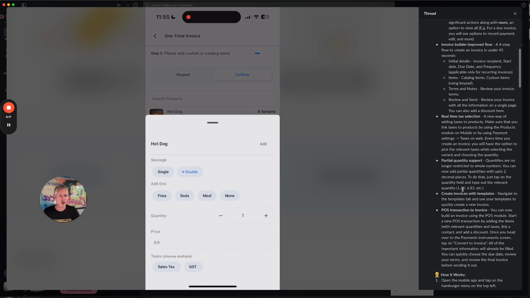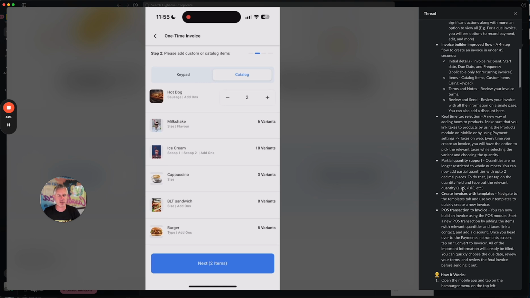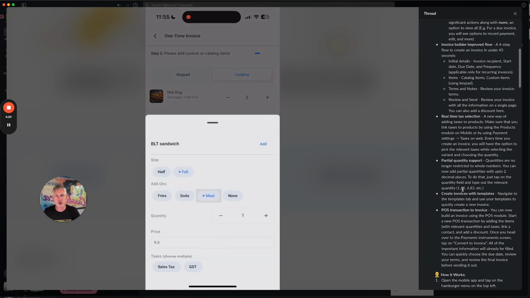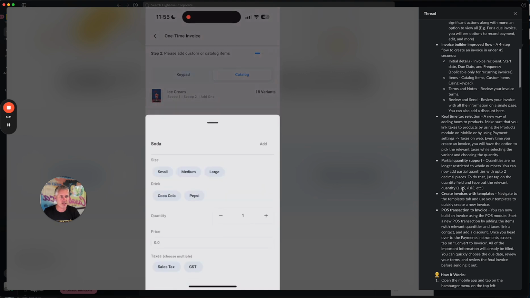So basically you can start a new POS transaction. By the way, if you don't know what POS is, it's point of sale, because the mobile app is fast becoming a point of sale system, much like you would see in a store or a restaurant or a farmer's market, right? So you can start a new point of sale transaction by adding the items with relevant quantities and taxes. And then once you can head over to the payments screen, and what you can say is, you know what, actually,